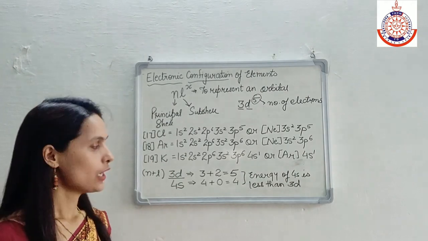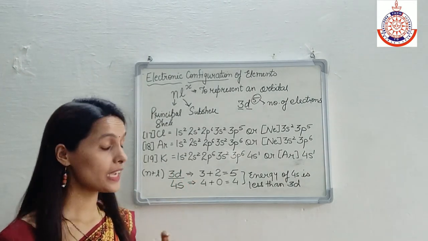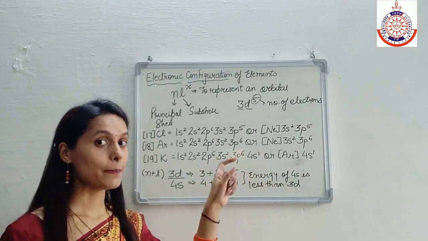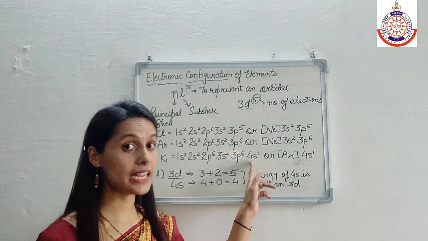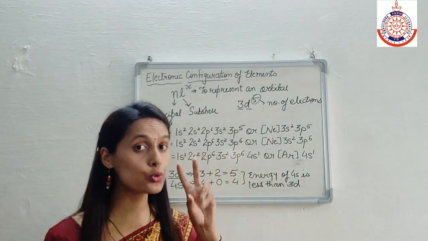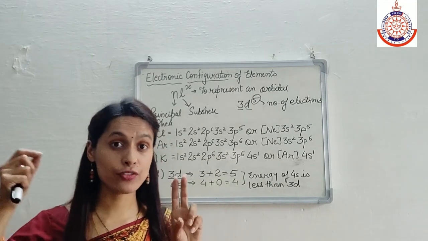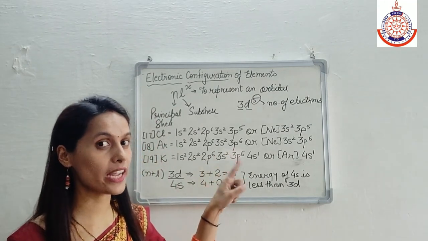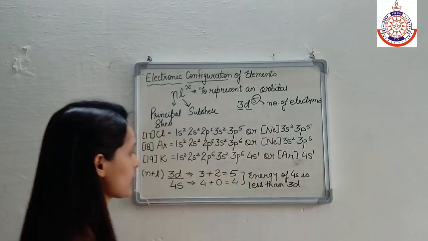That is clear? Due to the energy difference, the electron will move in 4s and then move in 3d. It means when the electron fills 4s, when 4s has 2 electrons, then the third electron will move in 3d. But the first electron will move in 4s instead of 3d. Now if I talk about calcium,